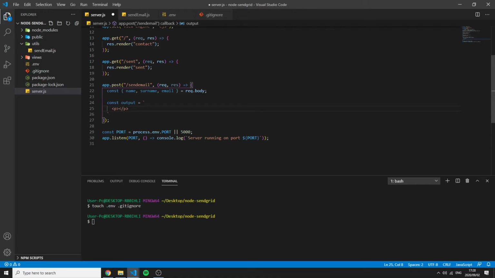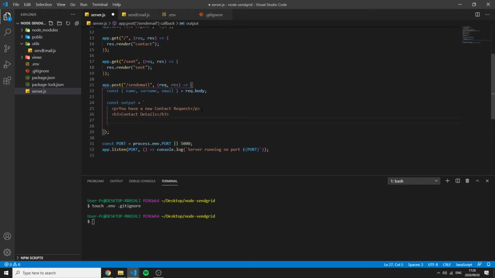So in here, I want to say 'you have a new contact request', and then I can say h3, and here I will say 'contact details'. So whatever the person filled into the form, I can display right over here in the form of an unordered list,